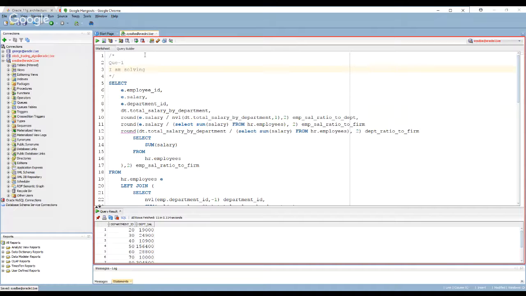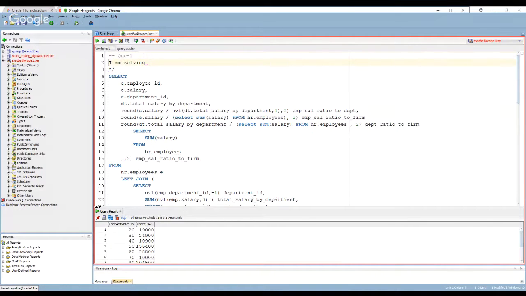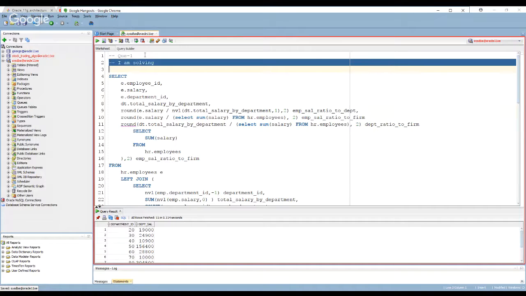If you need to comment out multiple lines, then you do /* and then a closing */, right? But if you have just one line, then it's best to just use dashes, okay? Either way can work. If I have a lot of lines, I'll just use the /*. But if I just have one line, then I'll use dashes.